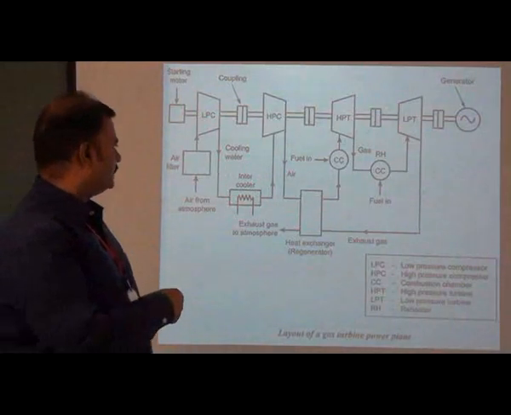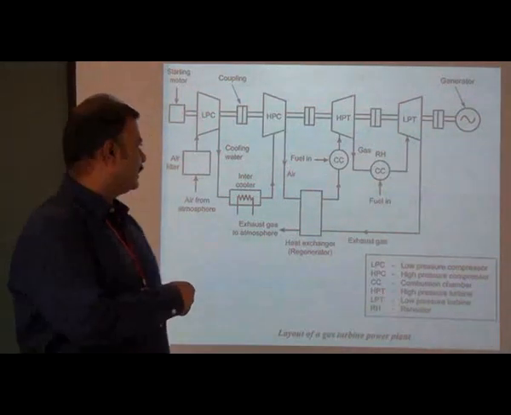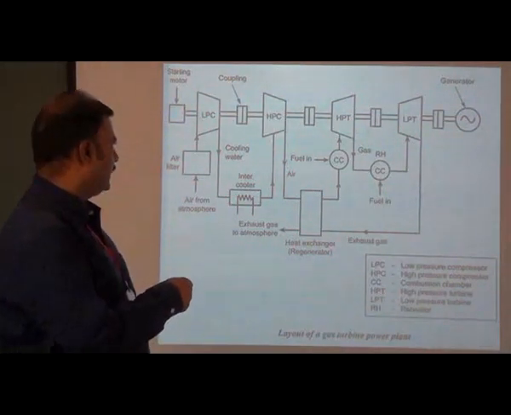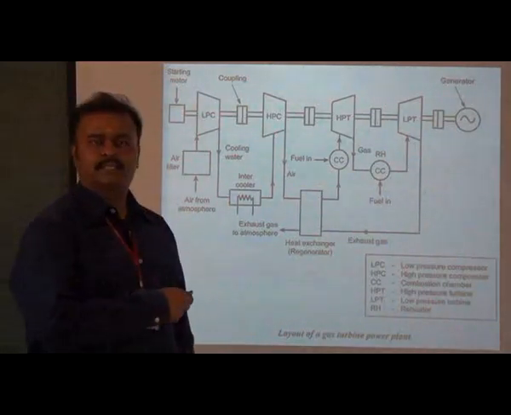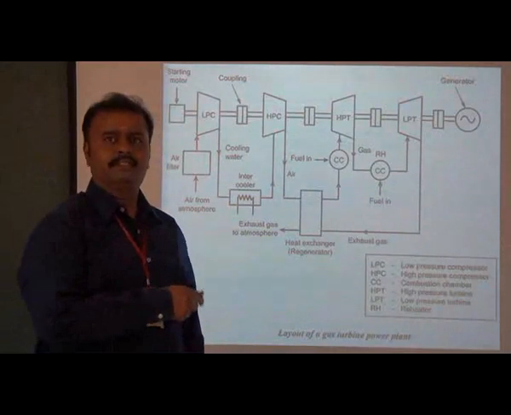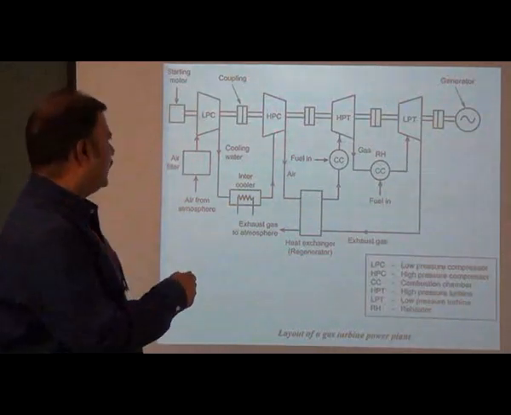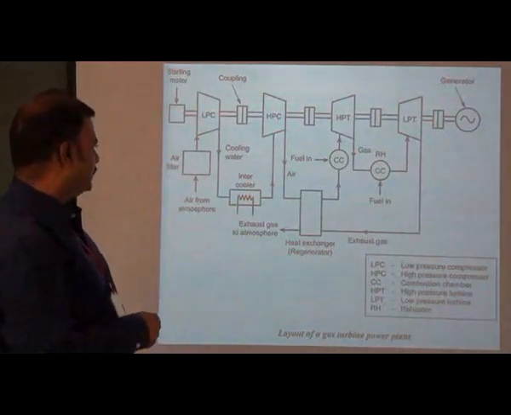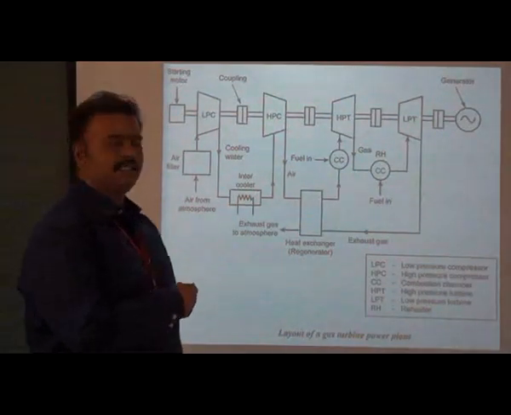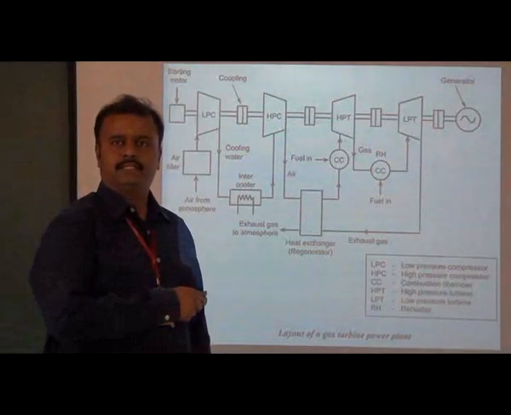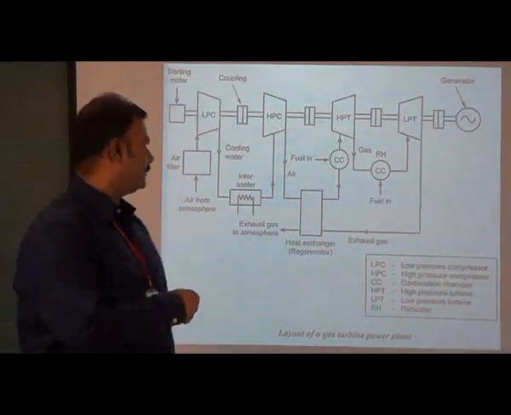If the intercooler efficiency is 100%, then the temperature at the entry of the high pressure compressor is equal to the entry of the low pressure compressor. This is nothing but to improve the efficiency of the machine. And here this is a high pressure compressor. After the intercooler, the air is passed through the high pressure compressor. Again the pressurization happens. While reducing the temperature, there is no effect on the pressure.